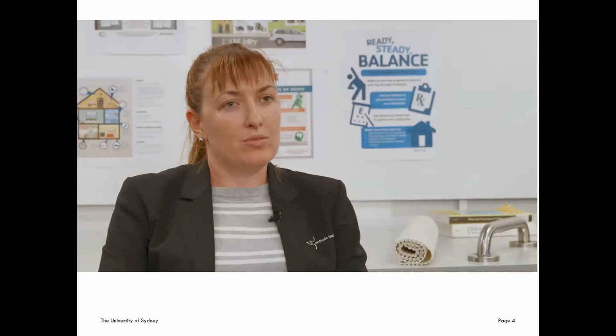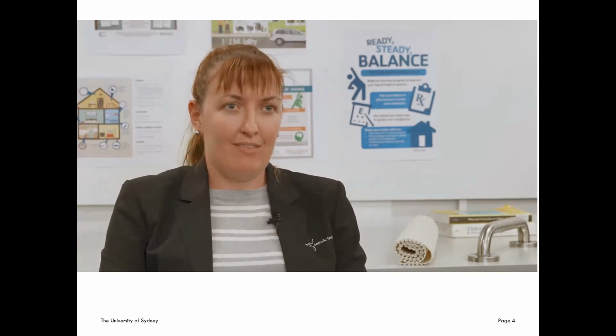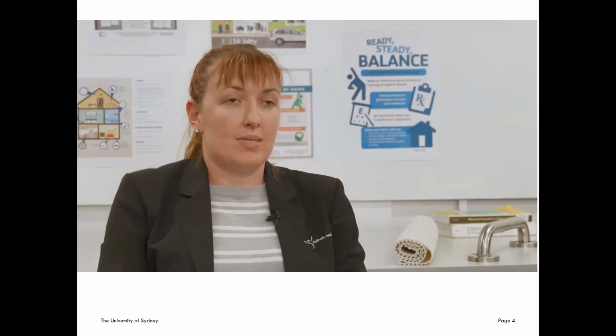We do that by helping people within their own home. Identify what some of the risks may be around their house, looking at how we might be able to either adapt the environment to help alleviate those risks, or help support people to change their behaviour, educate them on ways that they might be able to do something differently to keep them as safe as possible in